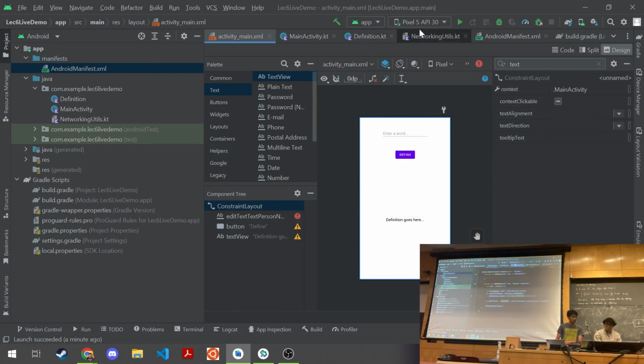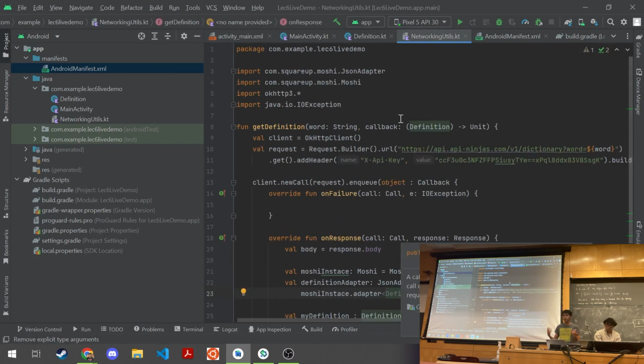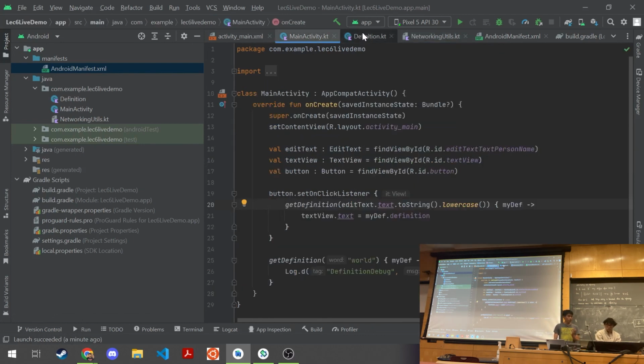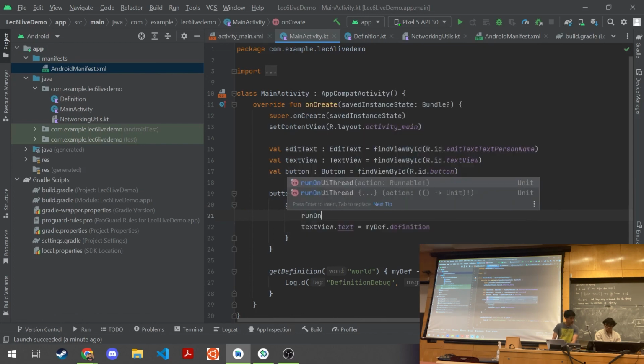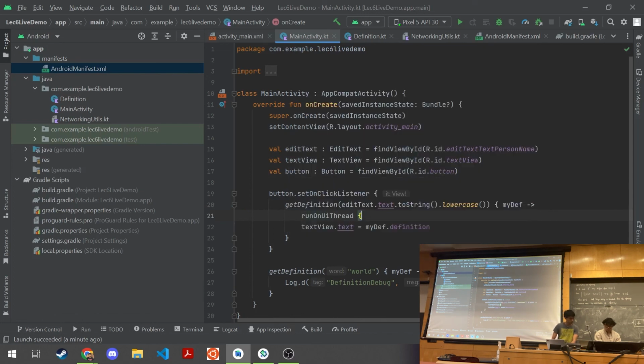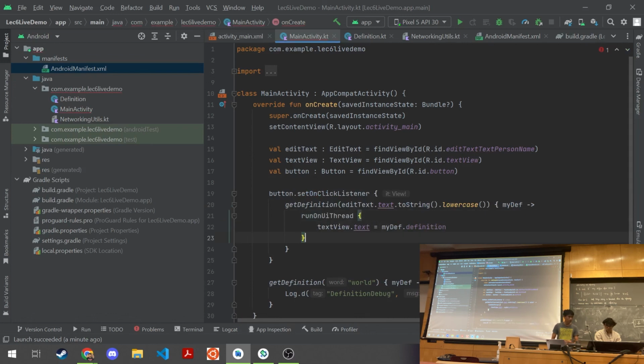The API calls are working on a separate thread that is unable to access the layout. And in order to force code to run on the layout thread, all you have to do is throw in this little bit of stuff, run on UI thread, and then put your editing UI stuff in that block of code. So this should hopefully work now.